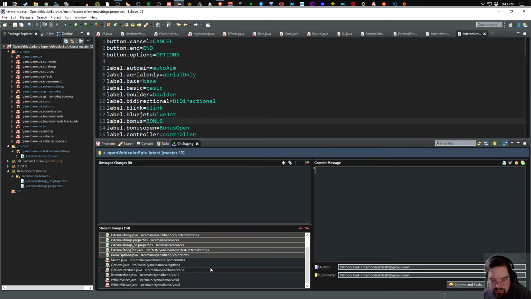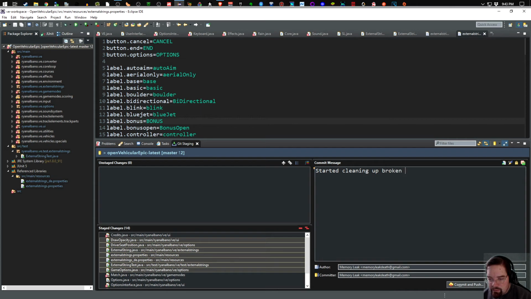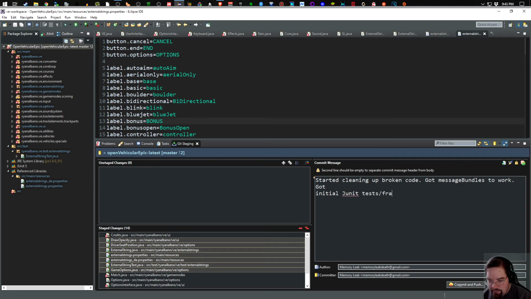So here are all our staged changes, and we're going to make a commit message, and it's going to be: started cleaning up broken code, got message bundles and bundles to work, got initial JUnit tests framework